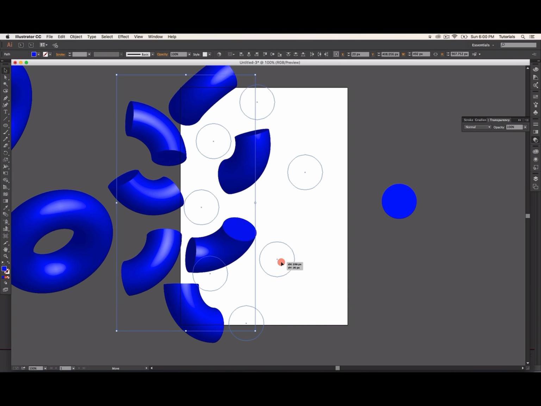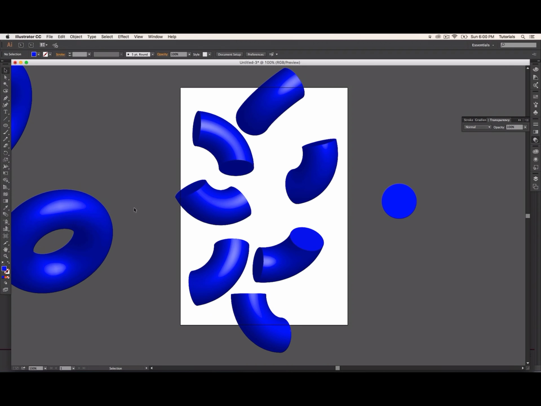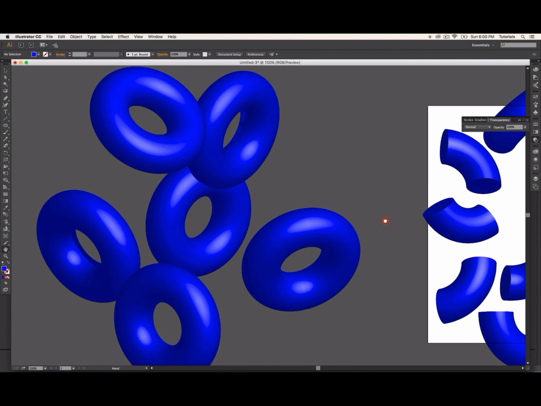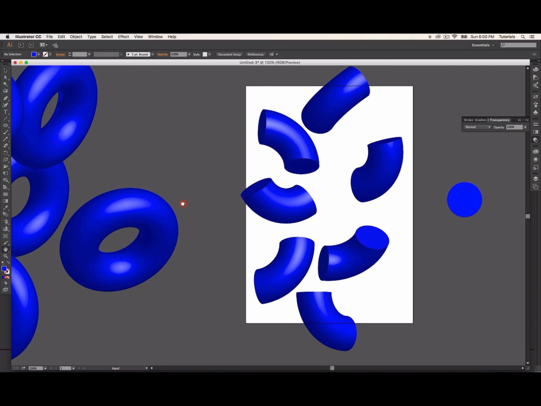And here we have like 7 different shapes. So basically we went from making donuts like this to creating something like these tube shapes. So what we're going to do